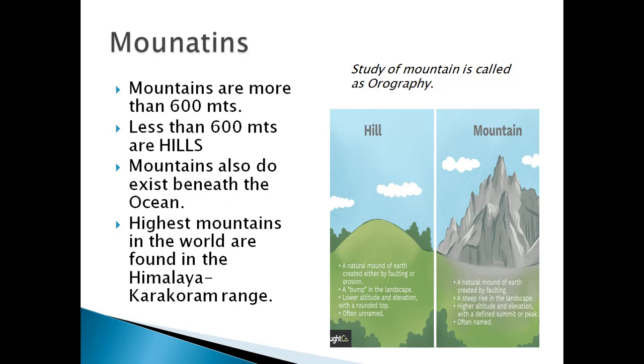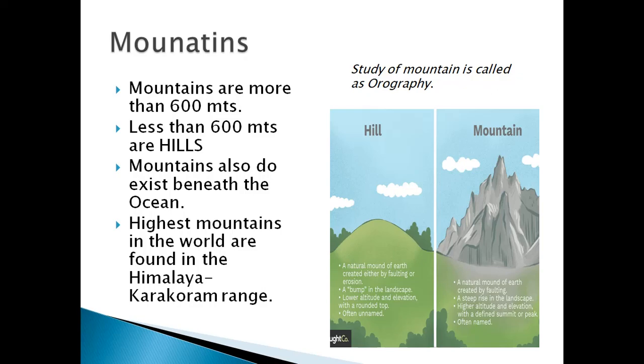Moreover, mountains not only exist on the earth's surface but also below the ocean. In the ocean floor there are also mountains. The highest mountain of the world lies in our country, that is the Himalaya Karakoram mountain range that lies on the northern side of our country. There are three types of mountain: fold mountain, block mountain, and volcanic mountain. Let us have a look at how